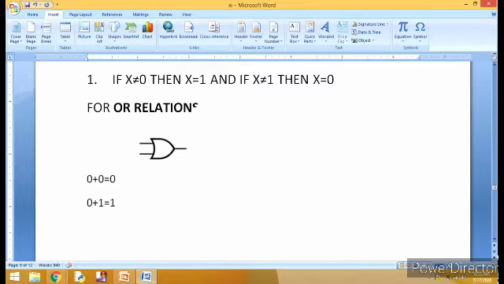Now similarly, beforehand we were giving 0 for the first input. Now if we give 1 for this input, and for the next input we give the value 0, then what value will you get? 1. So it is quite a clear thing. Again, if both the inputs have the value 1, then what output will you get? It will be 1.